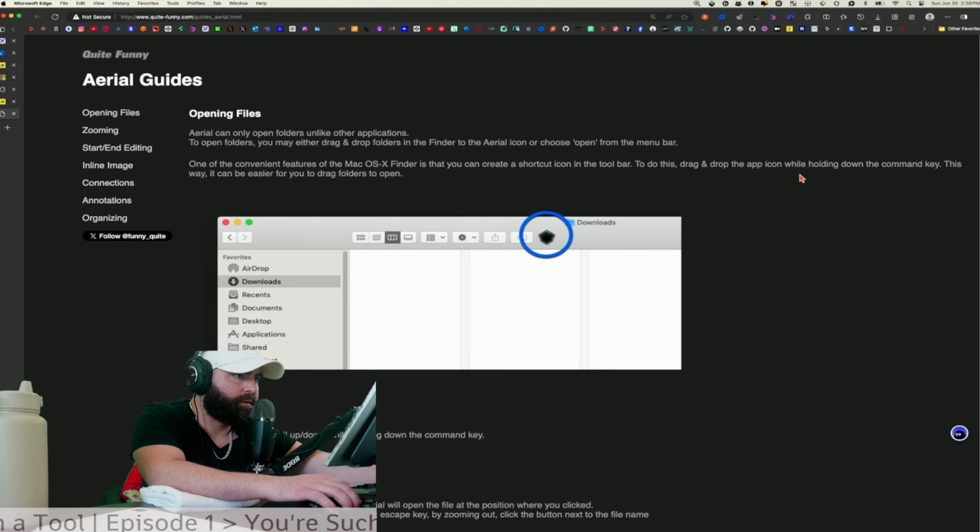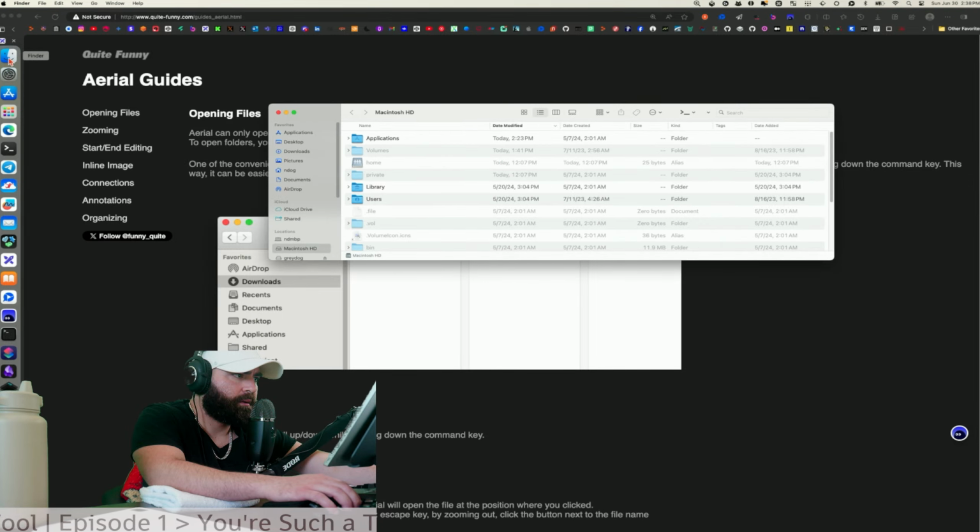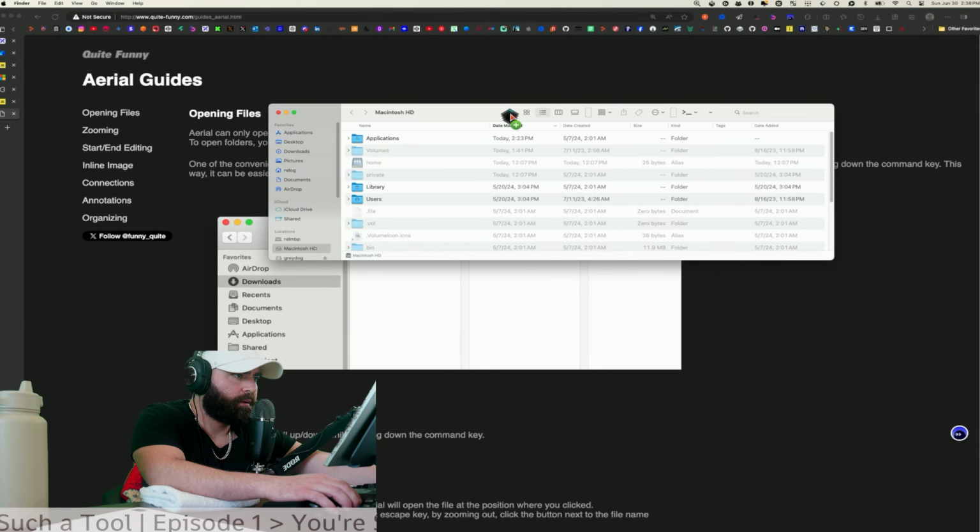Wait, one of the convenient features: in the toolbar, drag and drop the app icon while holding down the command key. Really? No kidding, dude. What?